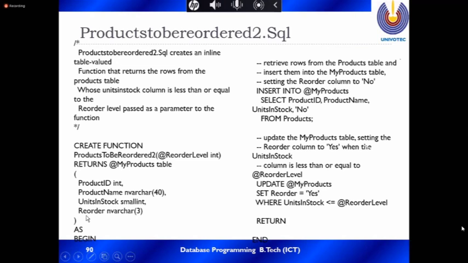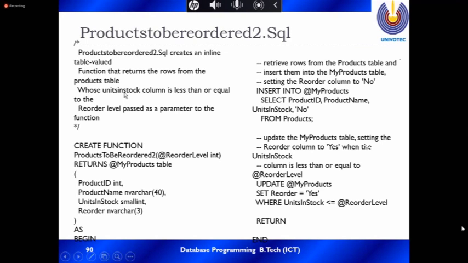The last column is set here, the table reorder: unit in stock small int, reorder varchar, yes or no. Reorder is yes or no, this is the new column.